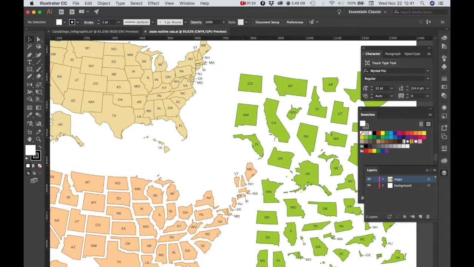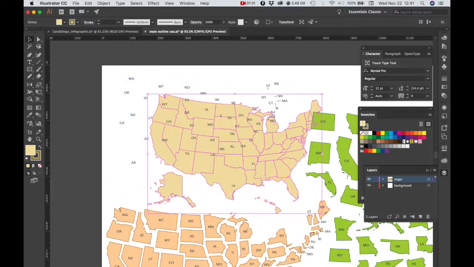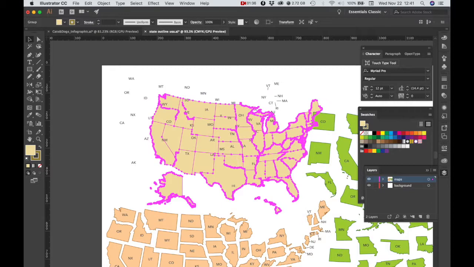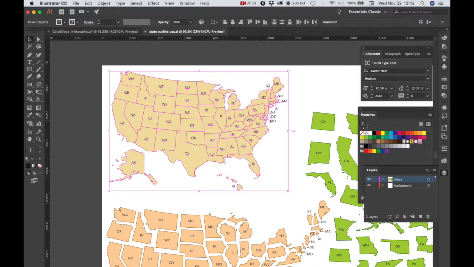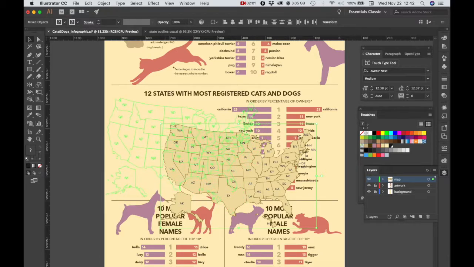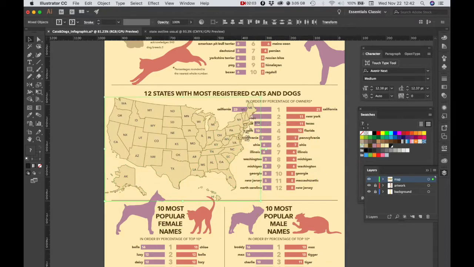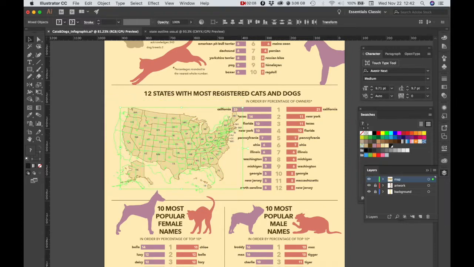And we really are only going to be working with this one map over here, and let's just see how this is constructed. So we've got grouped shapes of the states, and then we have these individual abbreviations for the states. So for now, let's just drag a selection over the entire thing, and Command C to copy, and then let's Command V to paste that into our map layer. And I'm going to resize this so that it fits correctly inside of here,